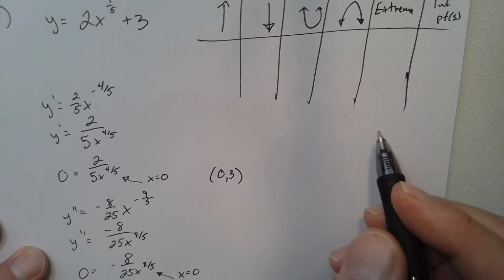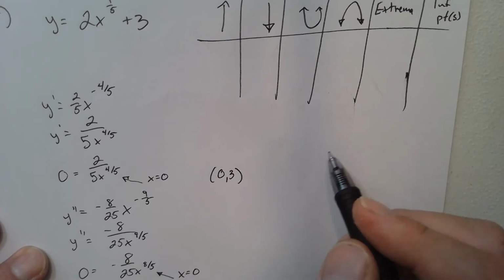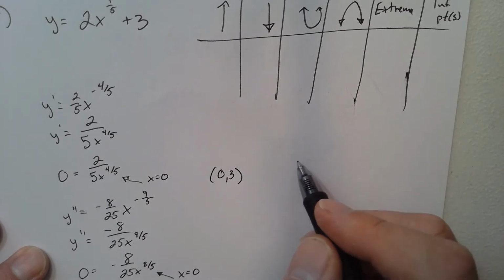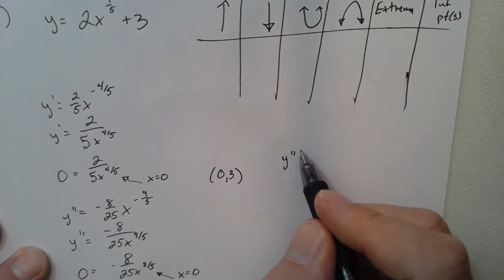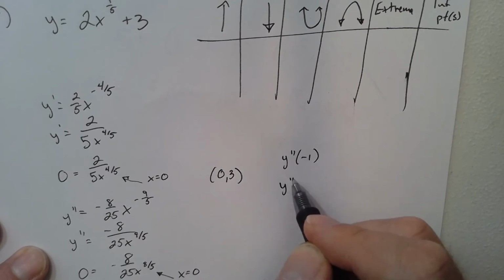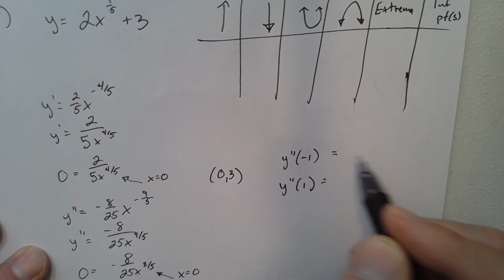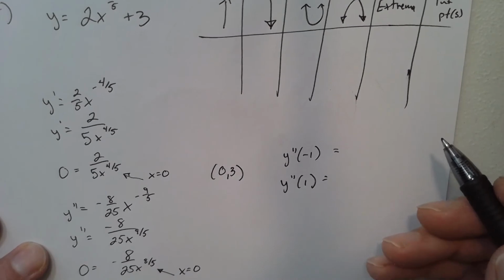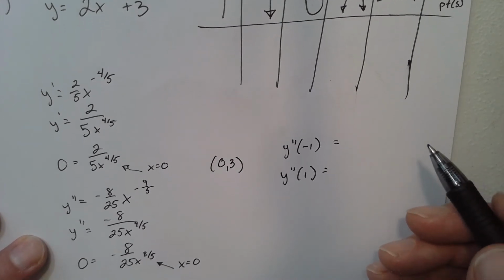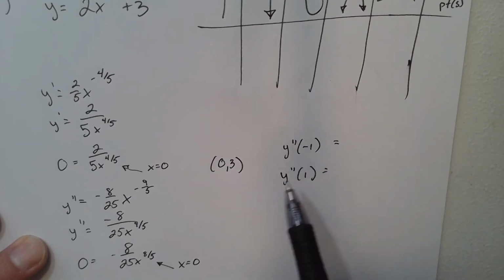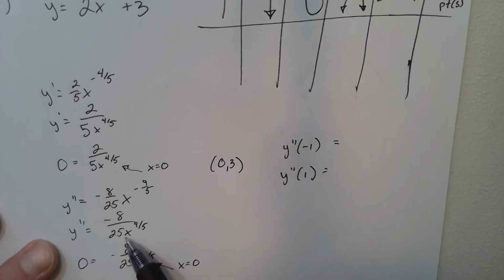So let's plug in 1 or negative 1. So y double prime of negative 1 and y double prime of 1 to check concavity on either side of 0. So if I plug negative 1 into our second derivative, I get